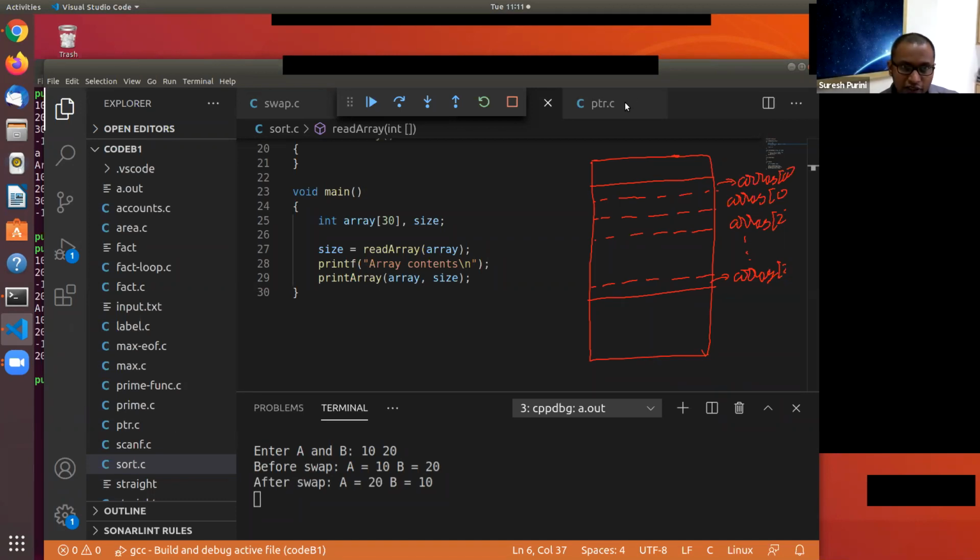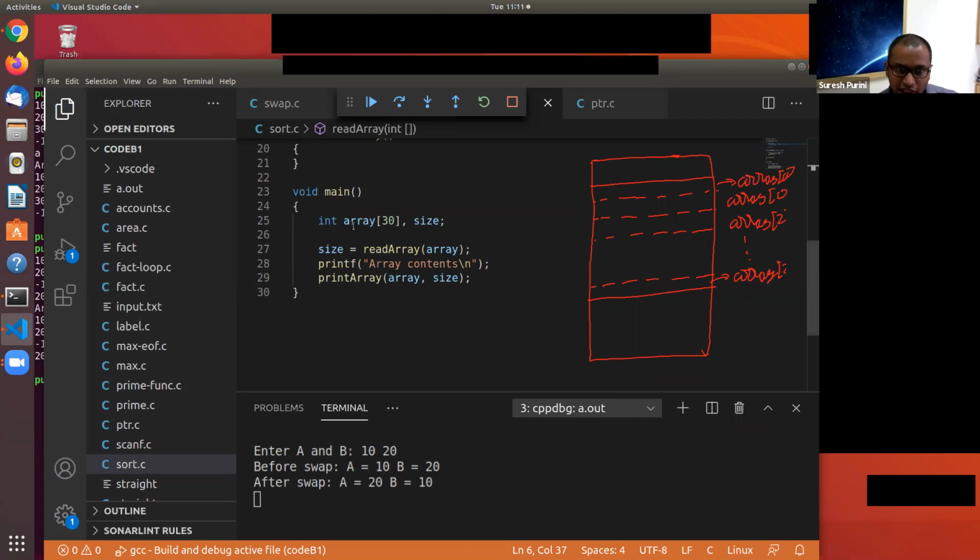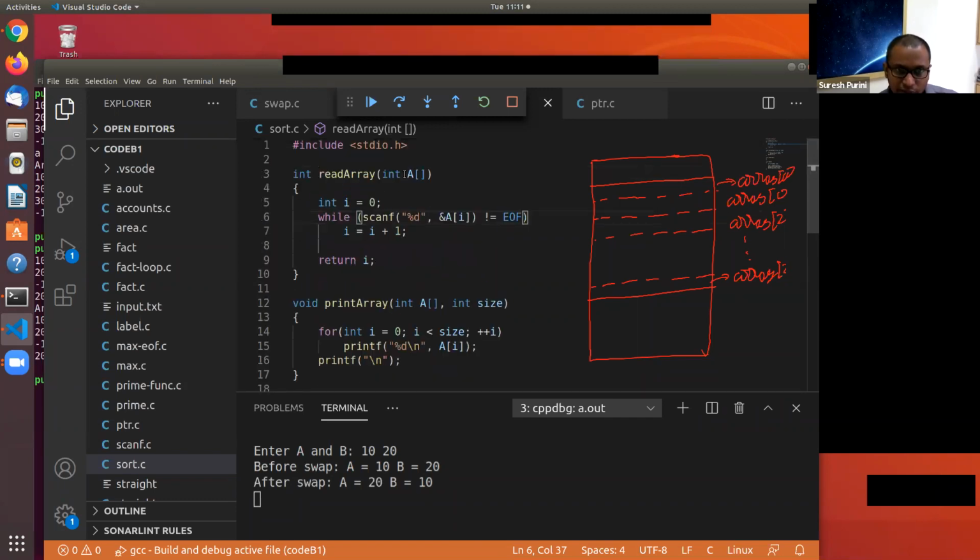And then on line 27, you are calling the read array function. In the read array function, we are passing array as the parameter. We are reading one element after another until we hit the end of file symbol. And we are keeping track of the number of elements in the array. So I keeps track of the number of elements. If you read only one element successfully, then you enter the while loop once and the value of I gets incremented by 1. Are you all with me here? Doing all right? Good so far?